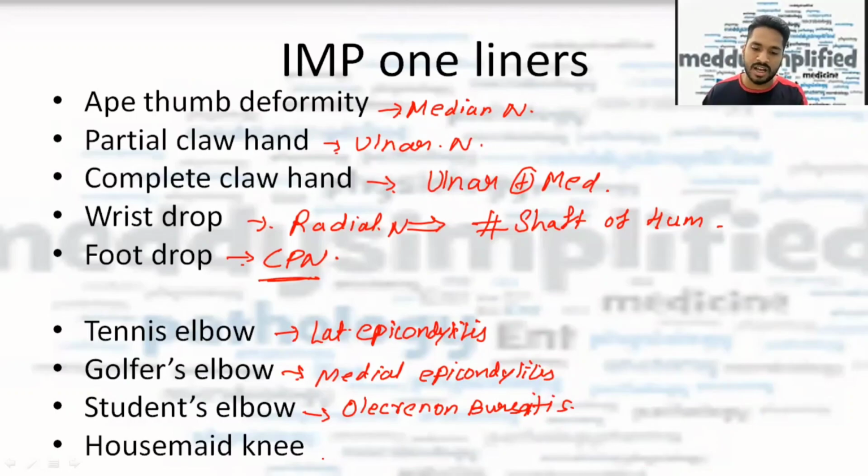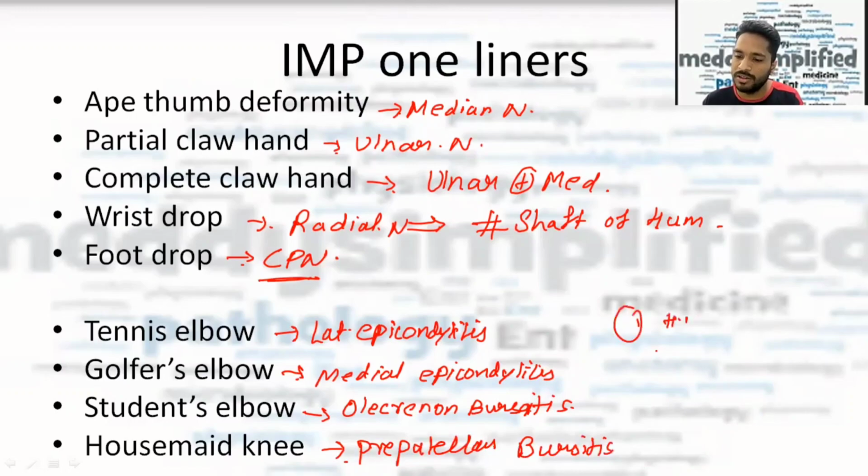Now, last is housemaid's knee. Housemaid's knee is a question for you guys. It is occurring in the lower limb, right? It is not from the upper limb, but it is a homework, not homework, I'll answer you right now. It says, why give homework again and again. So it occurs in pre-patellar bursitis. But one homework is there, right? The intertubercular groove.